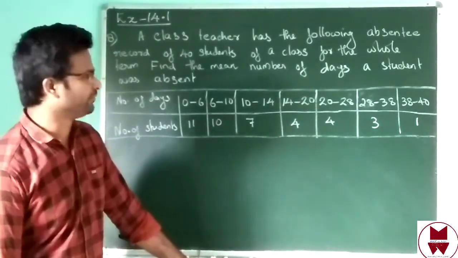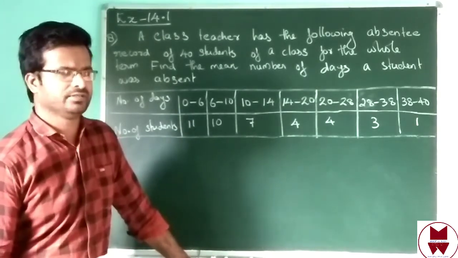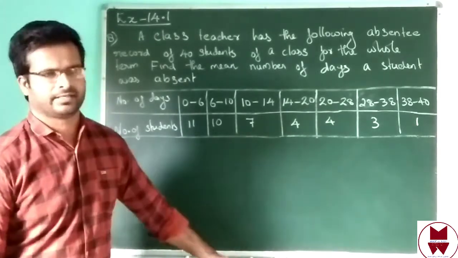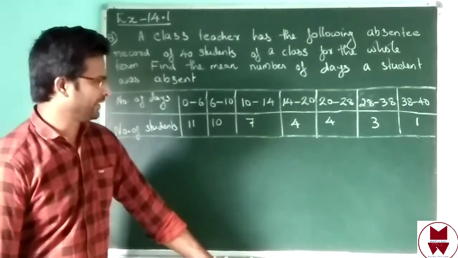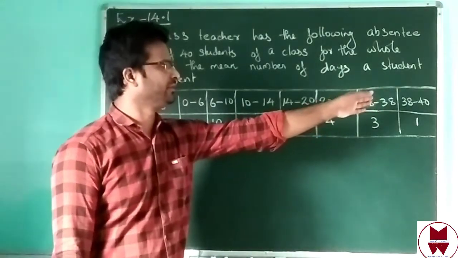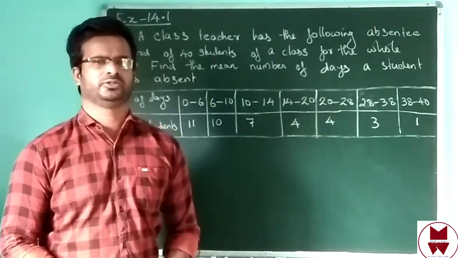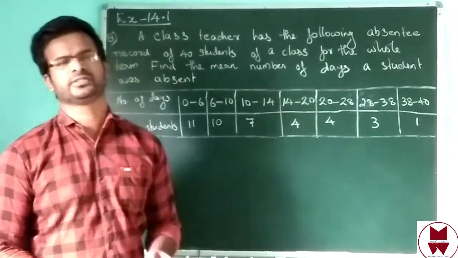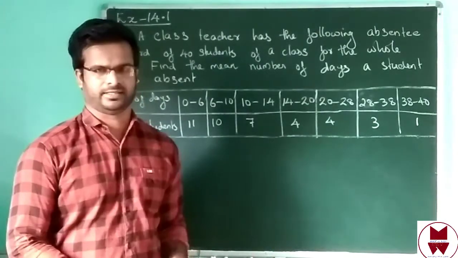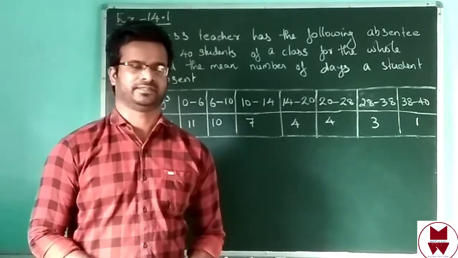That is our question. Here, which method will we use? Find that out first. We can use the direct method. That is one method. If we use the direct method, we get very big numbers like 28, 38, then 38, 48. We are not going to use the direct method. If you use the direct method also, you will get the answer. Then next, the step deviation method, the second method.